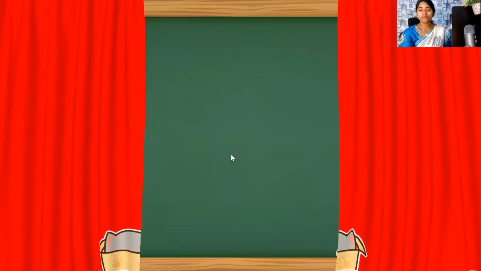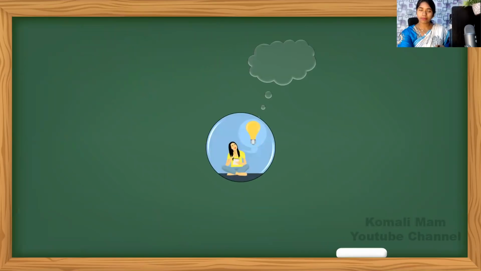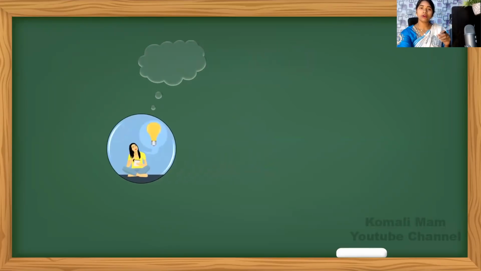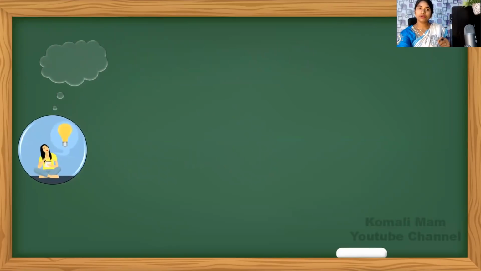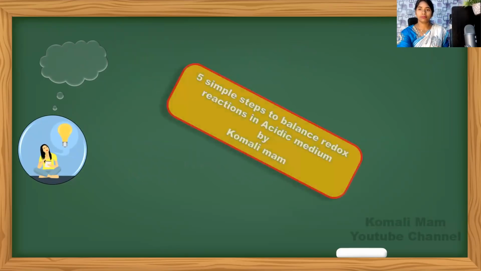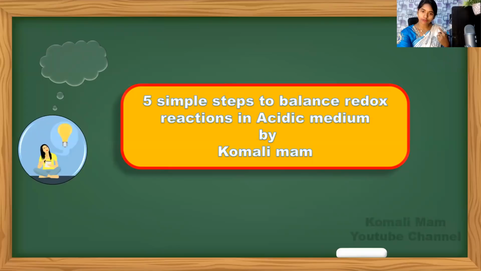Let's start the session. One thing you do: take your paper and pen, click on the pause button of this video, go and bring your paper and pen, and do along with me. I'm going to give you 5 steps. Write those 5 steps in your notebook, and one by one, when I'm solving a question, you can also do along with me. Okay, so go and get your pen and paper.